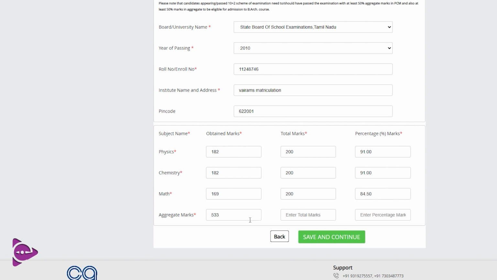I'm going to write it, and here the total marks is out of 600 because we wrote it for 200 each, so for us it's 600. So our percentage will be automatically calculated. Now students will be writing it for 100, so out of 100 you have to write all those marks over here. The percentage will be automatically calculated for all these 4. This is really important. Fill in the correct details.